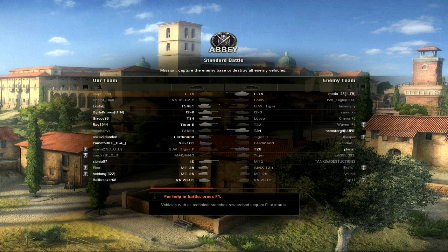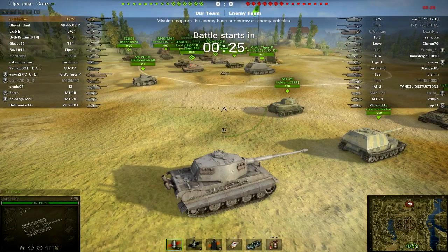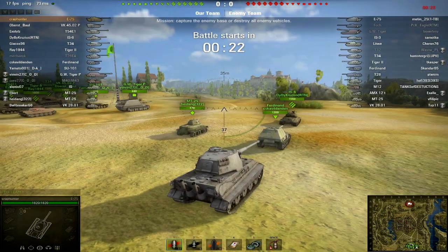But I guess fate has been kind, because we have been put into a very much better tiering. There is still an E75, but we've got to be extremely cautious, because this tank isn't perfect, and it hasn't got the top turret, and hasn't got the top gun, so...